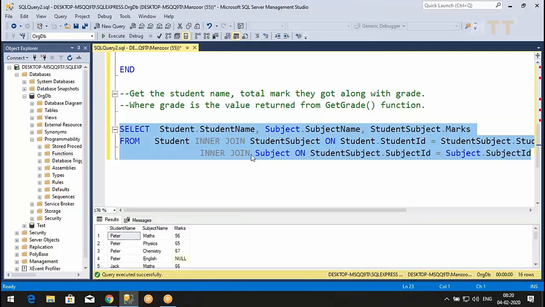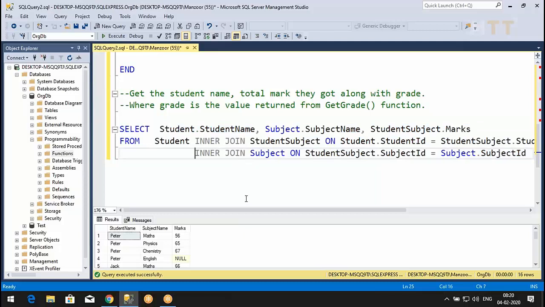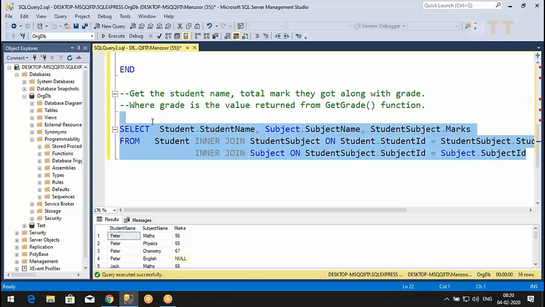Now, whatever may be your query, you can use Query Designer. After mastering writing queries manually, I want you to go for using Query Designer. You can add multiple tables and it will automatically perform joins. If you want a left outer join, you can also do that. I'll select this. See, these are all inner joins. By default, I'll select all.